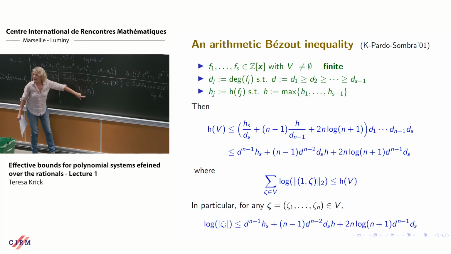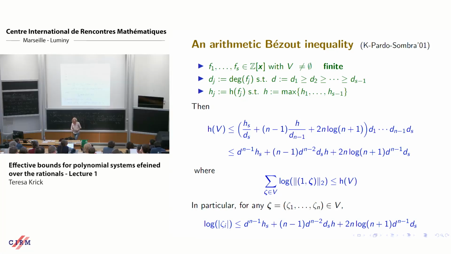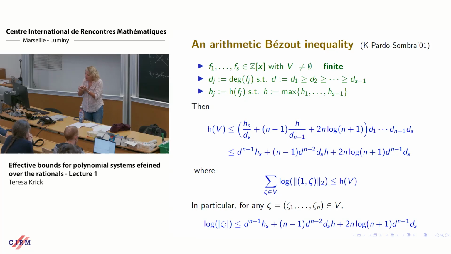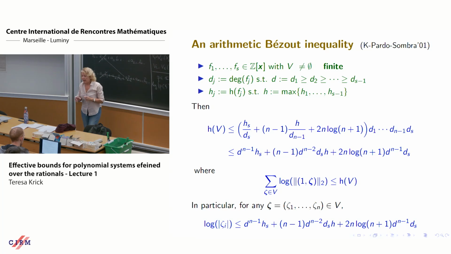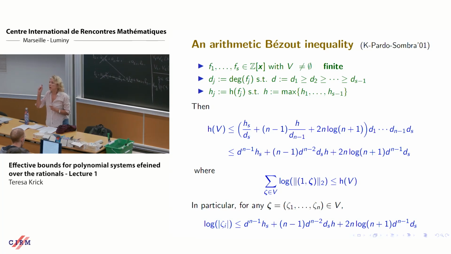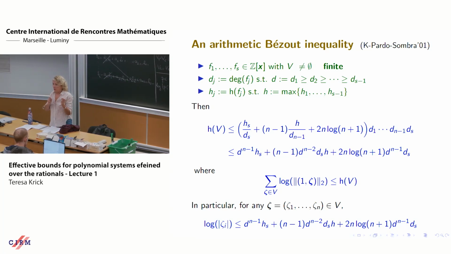So I have a negative lower bound for the log of p of zeta. This shows that when a variety is defined over the rationals, the roots cannot be as close to 0 as they want to be. They are 0, or there is some kind of distance. Not only that, because of this theorem, we can also have bounds for the separations of the roots